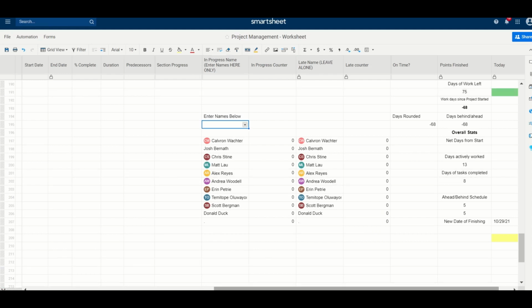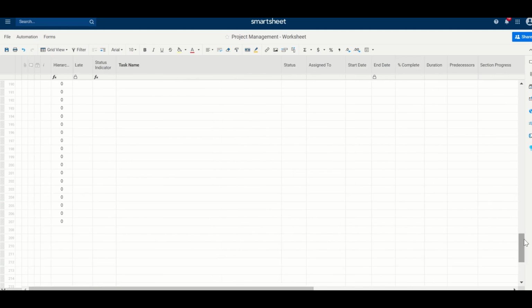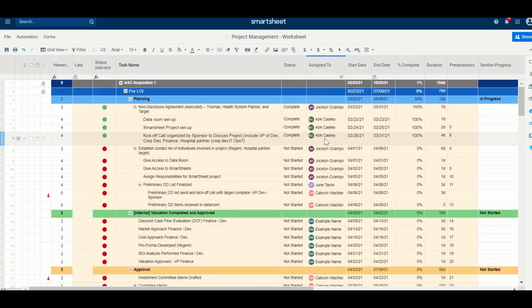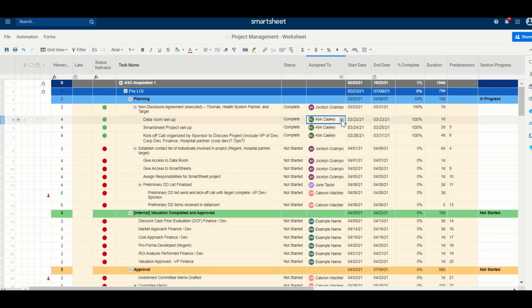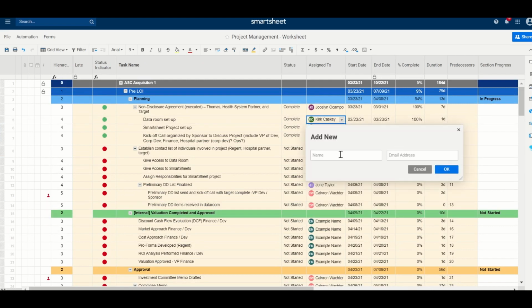I'm going to show y'all how to add contacts. Okay. I'm going to write it. So this Kurt guy, we can go here. We're going to click this icon right here. Add new. So we're going to add